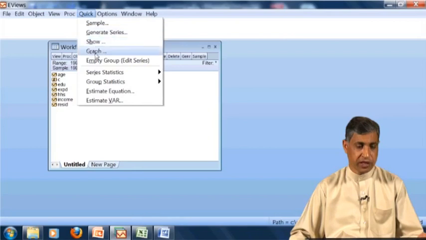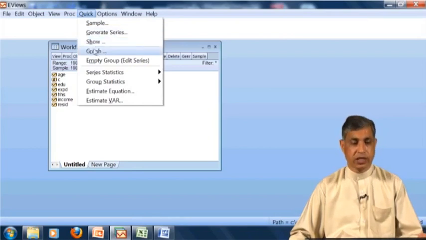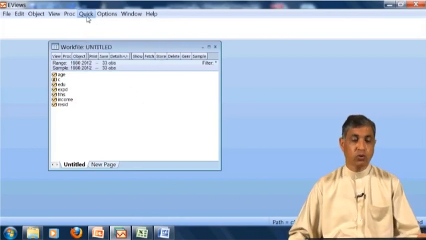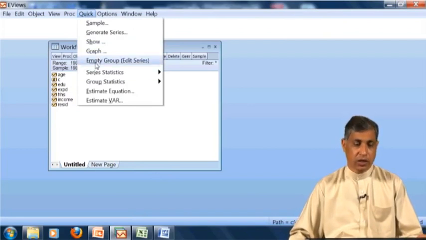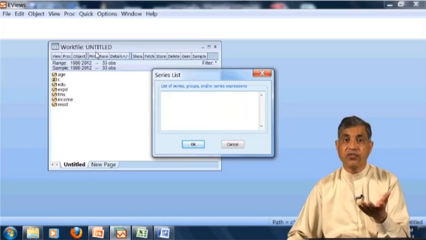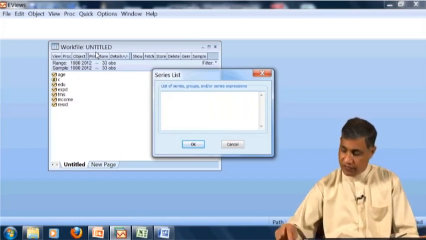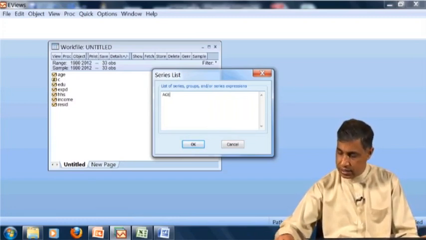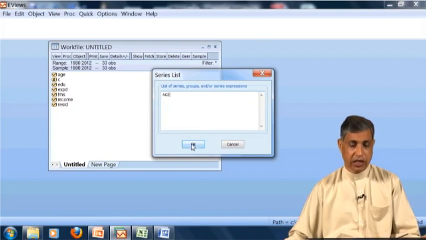Yes, there is an option for the graph. This is how you will be going. Go to Quick, go to Graph, and it is asking which variable you want to make the graph of. For example, I say the age. I say OK.